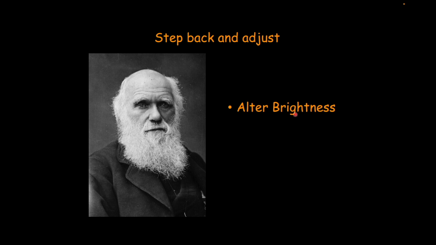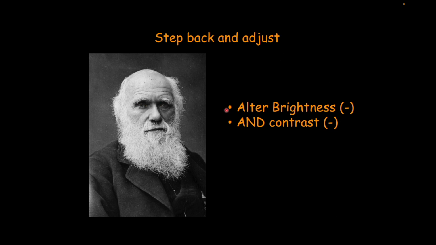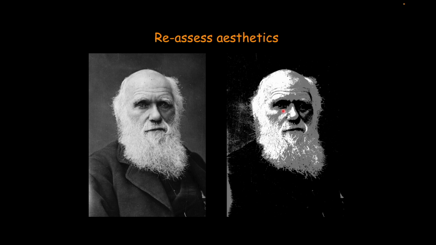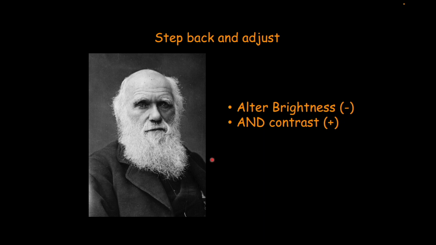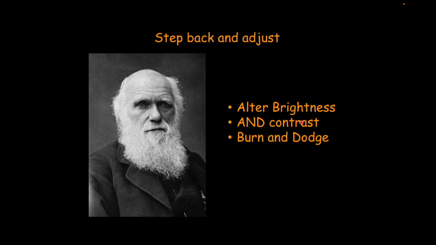So we're going to alter the brightness. That's the first thing you can do. If you alter the brightness, you remove some of the brightness. You can reduce that white, but then what happens is you end up with a lot more black with no resolution. So this is just a black bar. It looks like he's wearing sunglasses, and you want to actually see his eyes like you can in this image. So then you would alter the contrast of that image that's had its brightness reduced. Now you start seeing a little bit more, right? Now if we make the contrast a little bit different, that makes it a little bit better.